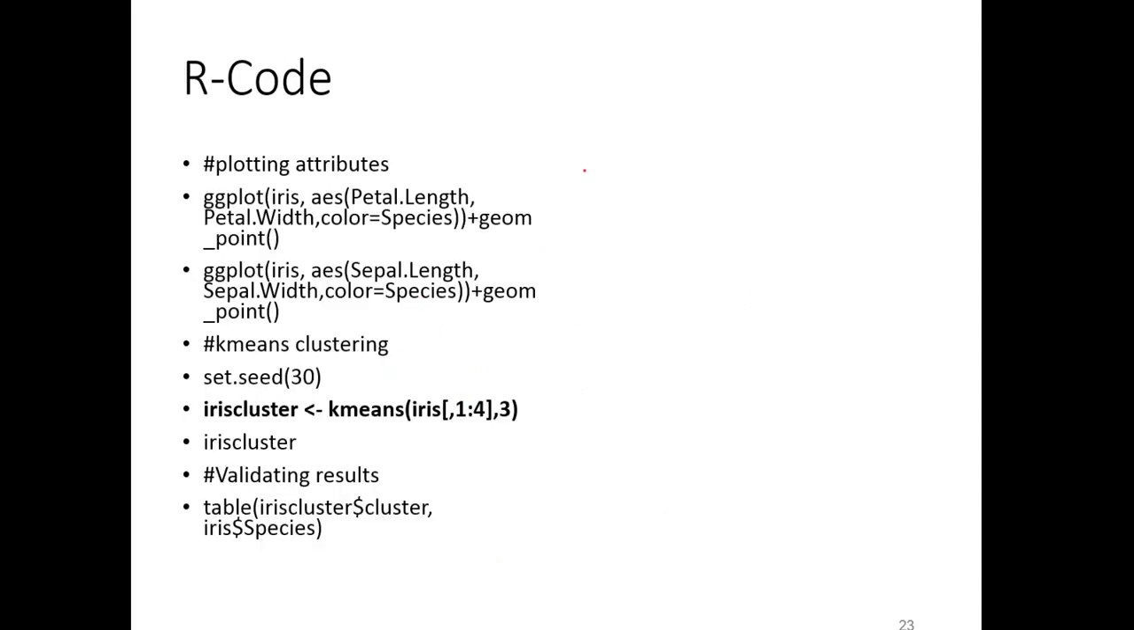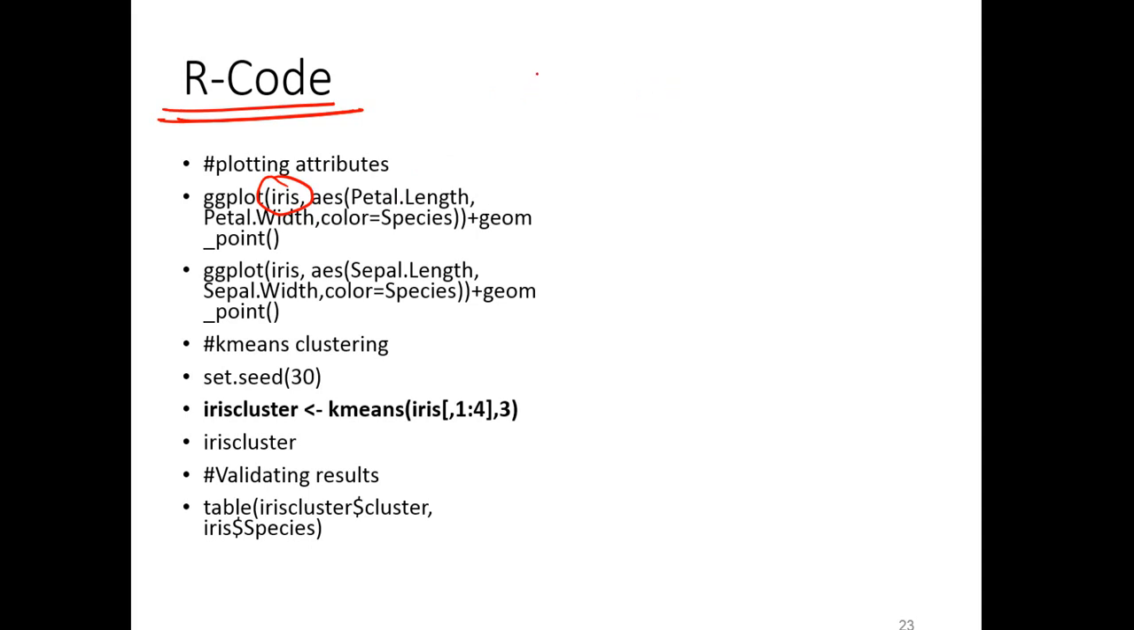So here's an R code for doing k-means clustering. You can in fact take this data and run it on your own. I have taken the iris data. Iris data is available in R. You can just use it. You don't have to import it from anywhere. So the iris data has got the data for